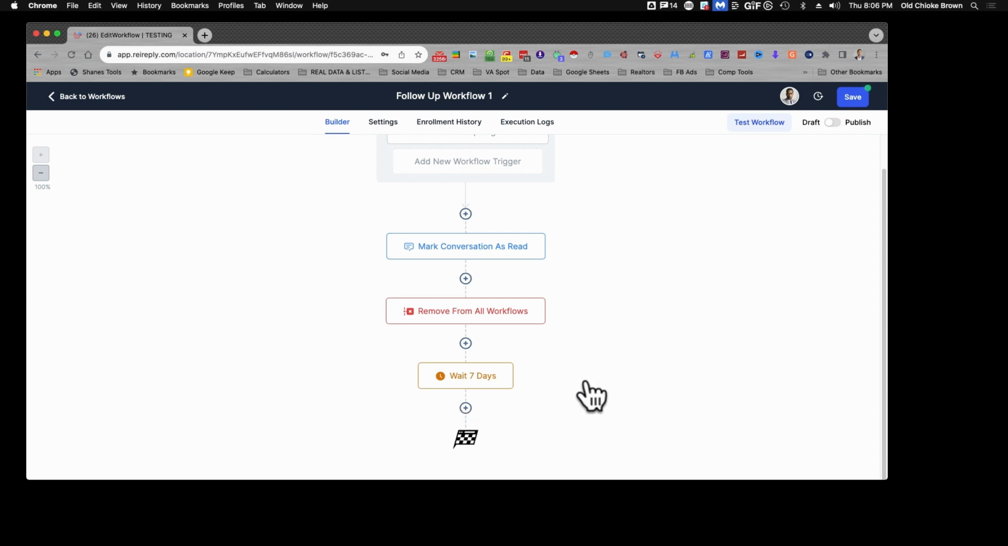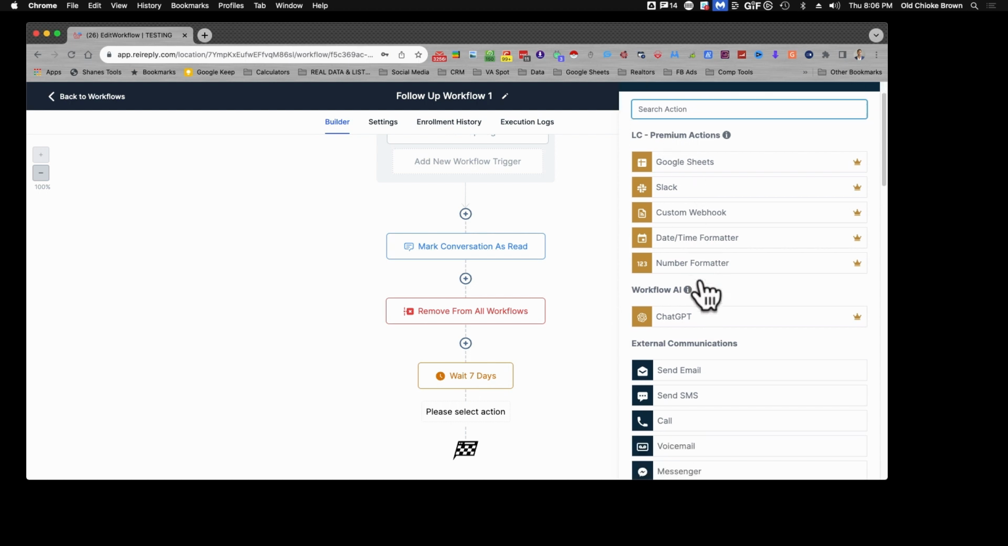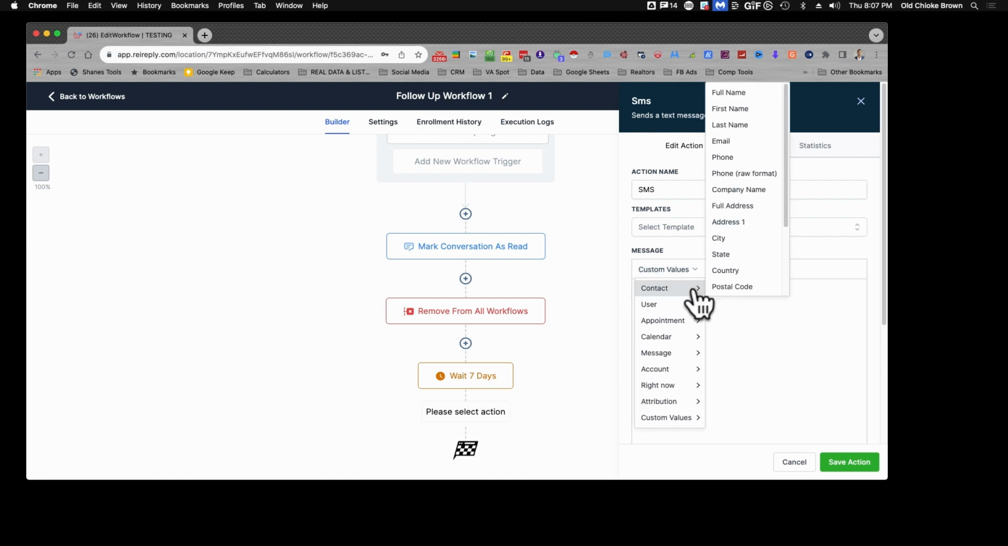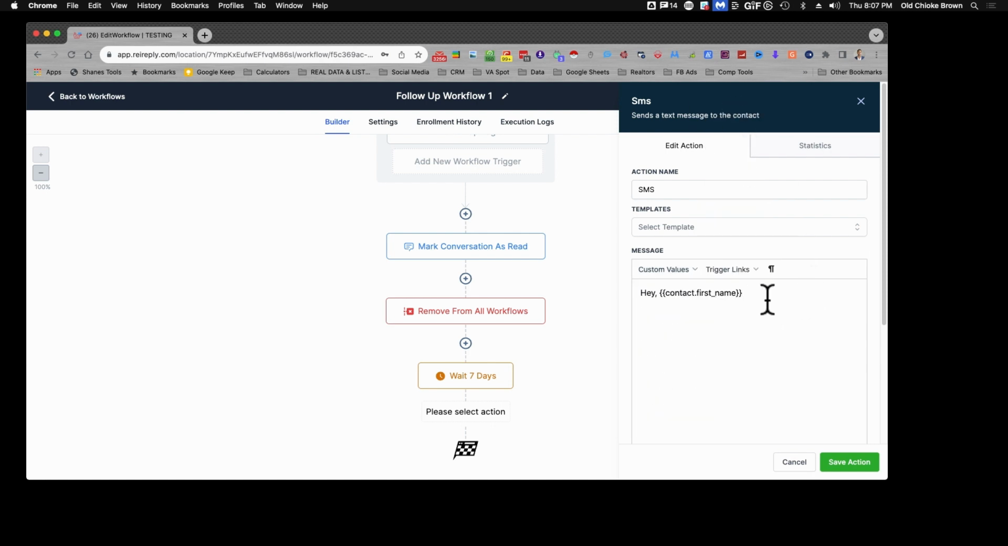After we wait 7 days, we're going to create an SMS. So we can actually see this is right here, SMS. And we can say, what do we want this to say in our follow-up? We can say, hey, comma, we'll use a custom value. We're going to go to the contact's first name. So that will actually put their first name there. We spoke a few days ago about your property